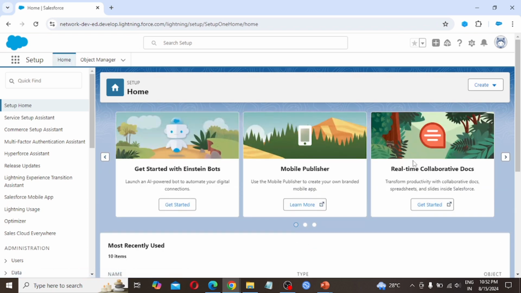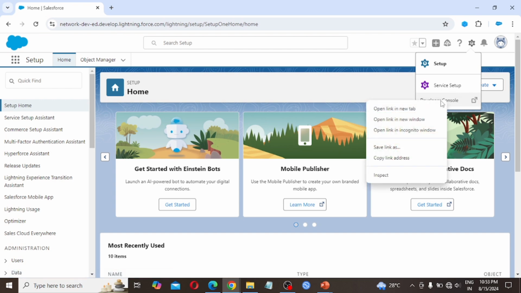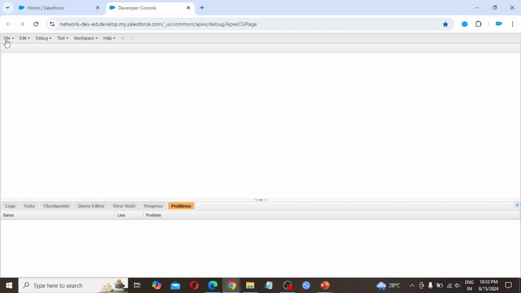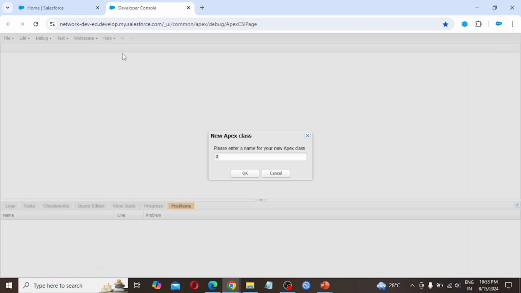To write the Apex code and Visualforce page, we need to click on Setup, Developer Console, right click, open link in new tab. We are going to write an Apex class by the name Pagination: File, New, Apex Class, Pagination.